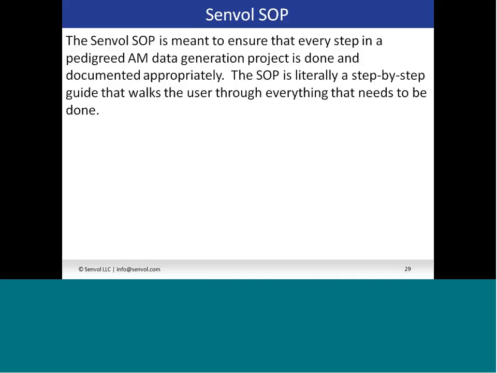So again, the Senvol SOP is meant to ensure that every step in a pedigreed data generation project for additive manufacturing is done and documented appropriately. It is literally a step-by-step guide that walks the user through everything that needs to be done and every best practice along the way. What the Senvol SOP is not, and I want to be clear on this, it is